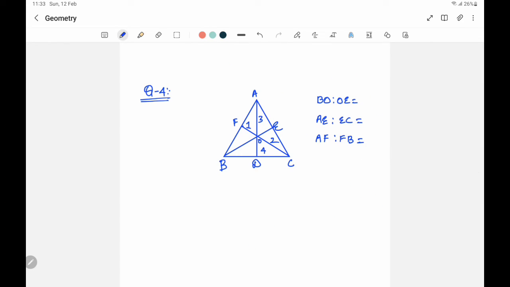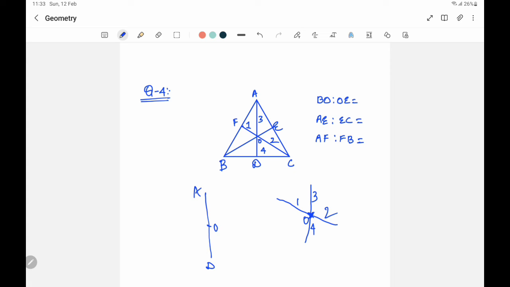Now let us take a look at this question. In this question, we can clearly see the point that we must be interested in is O, because there are two line segments. This is one line segment and this is another line segment, and the common point is O, and the ratios on either side of O are available. So we need to figure out or else assume something related to O. So we know that O would be, as per this line segment, that is AD,